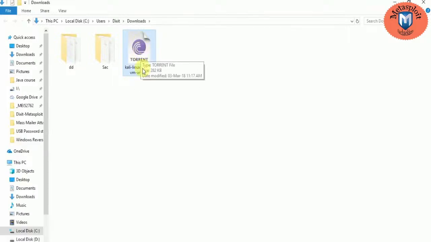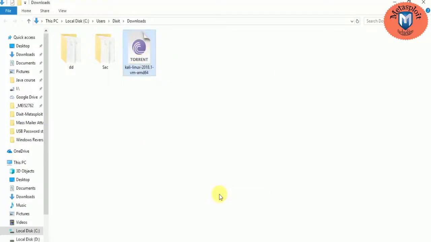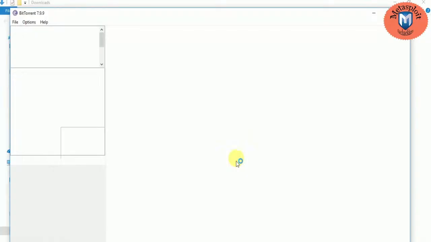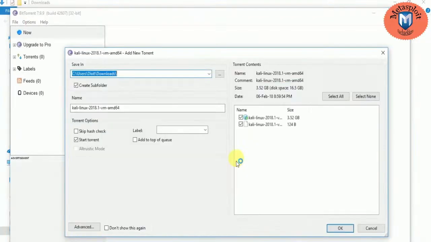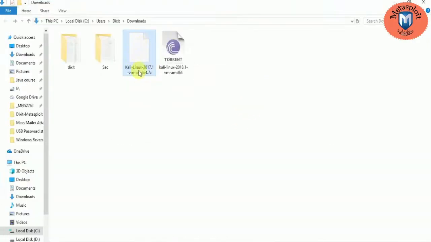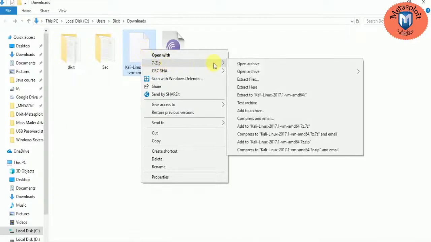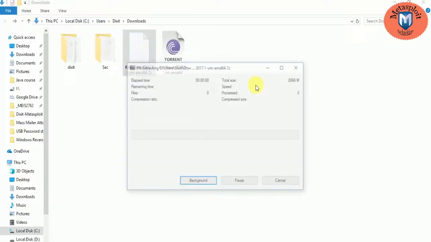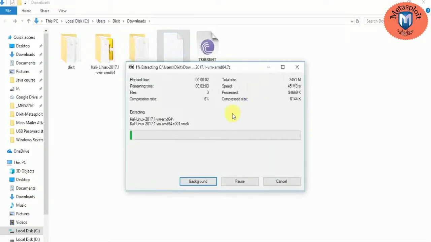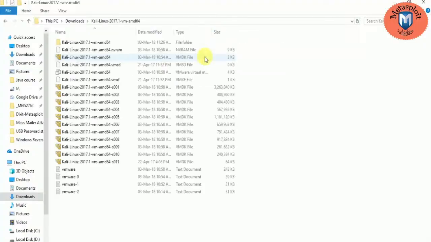You will get the torrent link, and move to the folder. Double click on it and it will open the torrent downloader. Now I have already downloaded it. It's an older version. Here you can see the downloaded file. Double click and unzip it, or you can also say extract it. For unzipping the file, you can also use WinRAR software. And after unzipping, open the folder